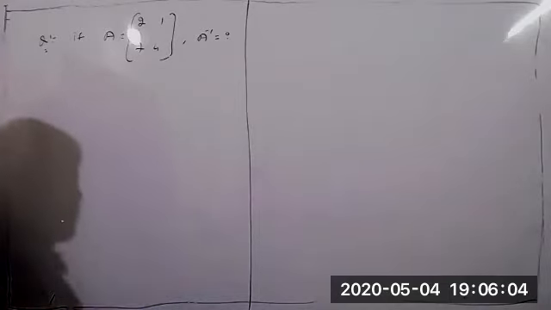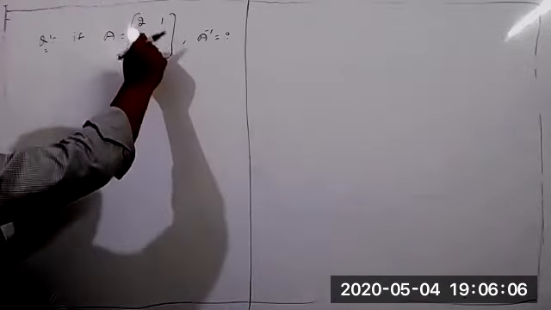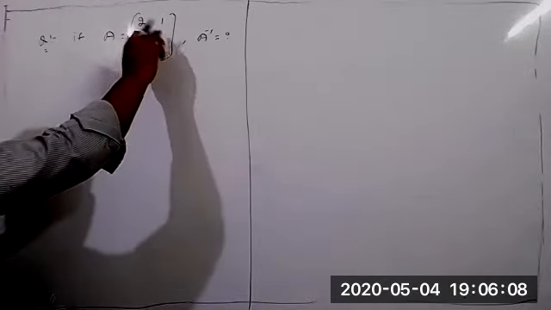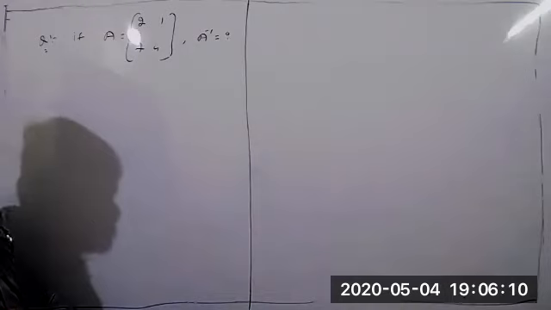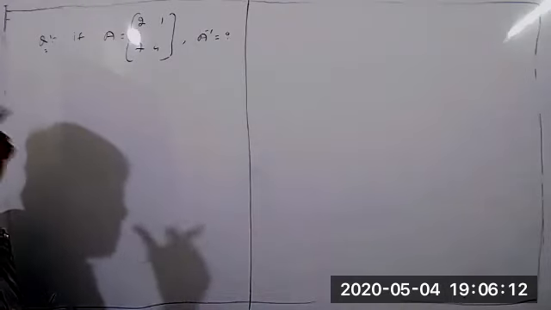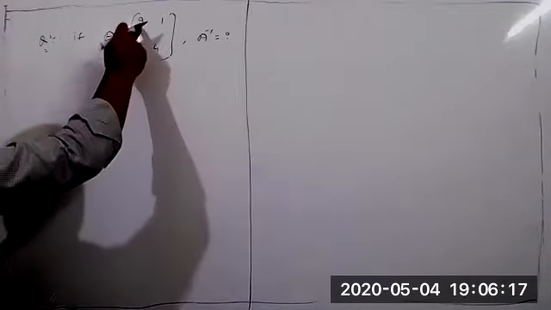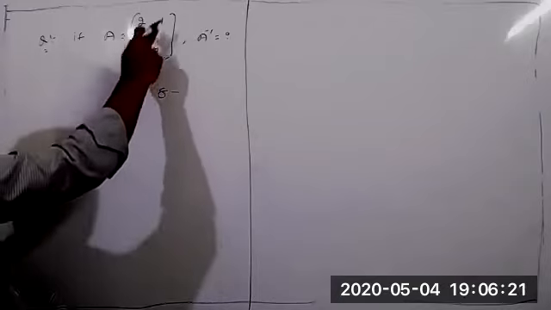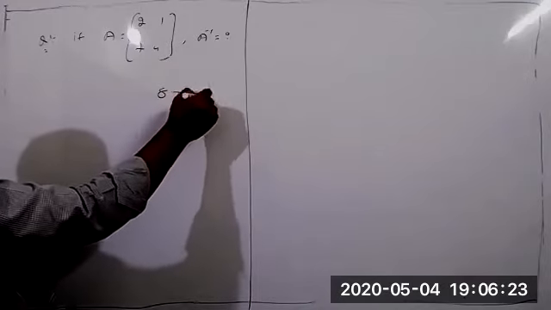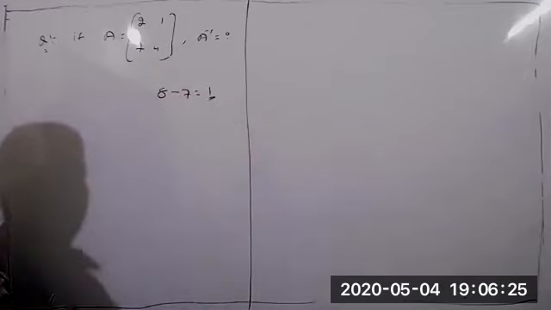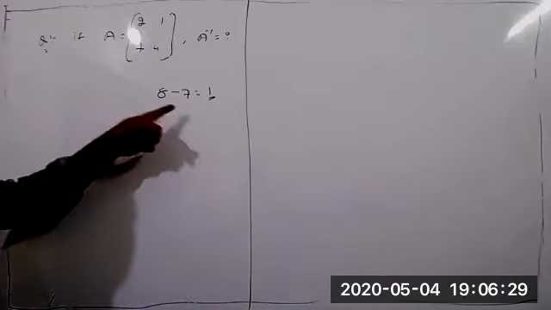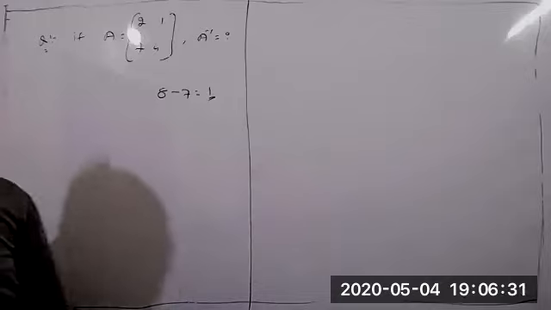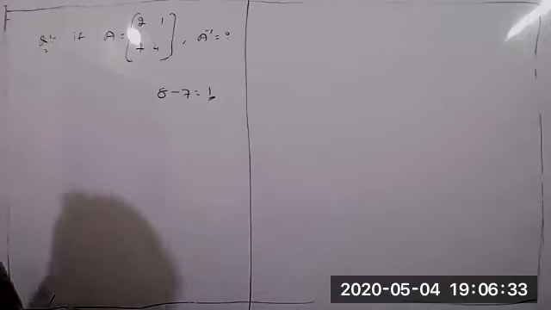Now, first you can verify this condition. You can do AD minus BC. If AD minus BC equals 0, clearly we can say that the inverse is not possible. Now verify this. AD means 2 4s are 8, minus 7 into 1 equals 7. So 8 minus 7 equals 1. The determinant of A equals 1, so finding the inverse of the given matrix is possible.